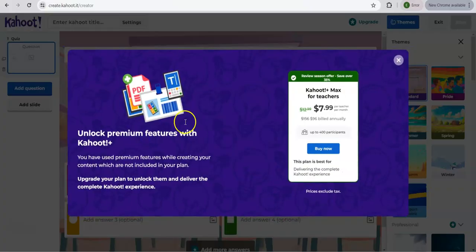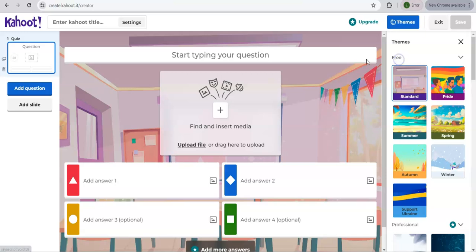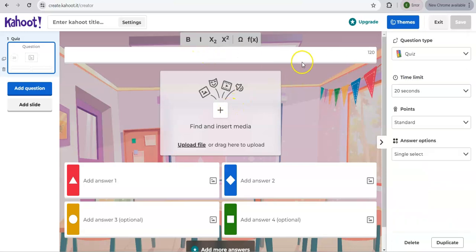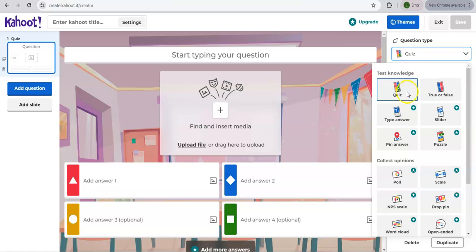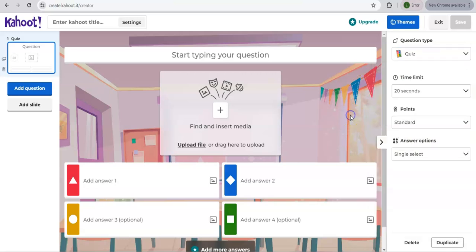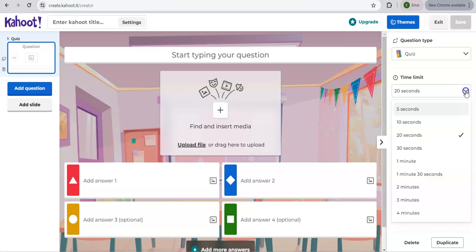There you will sign up here, and here comes the quiz part. Here there are the question types on the right hand sidebar. Either you create a quiz, add on true false here. The other options are for the paid plan. Similarly, there is a